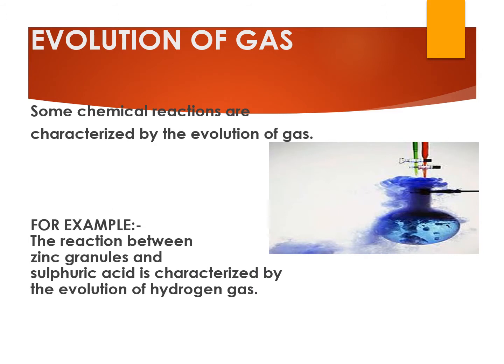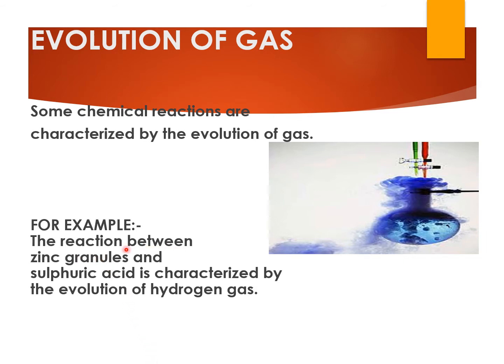The second characteristic of a chemical reaction is evolution of gas. That means if we mix two or more substances and after a few seconds or after some time we start observing some bubbles of gases coming out from the test tube, that also tells us that yes, a chemical reaction is taking place.